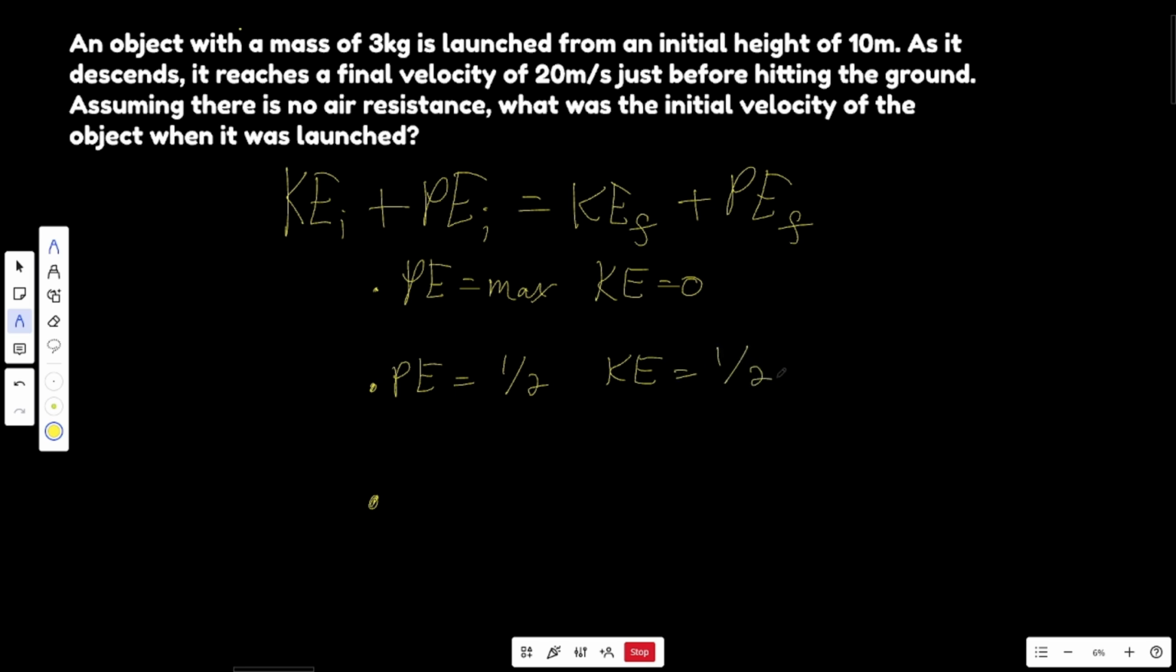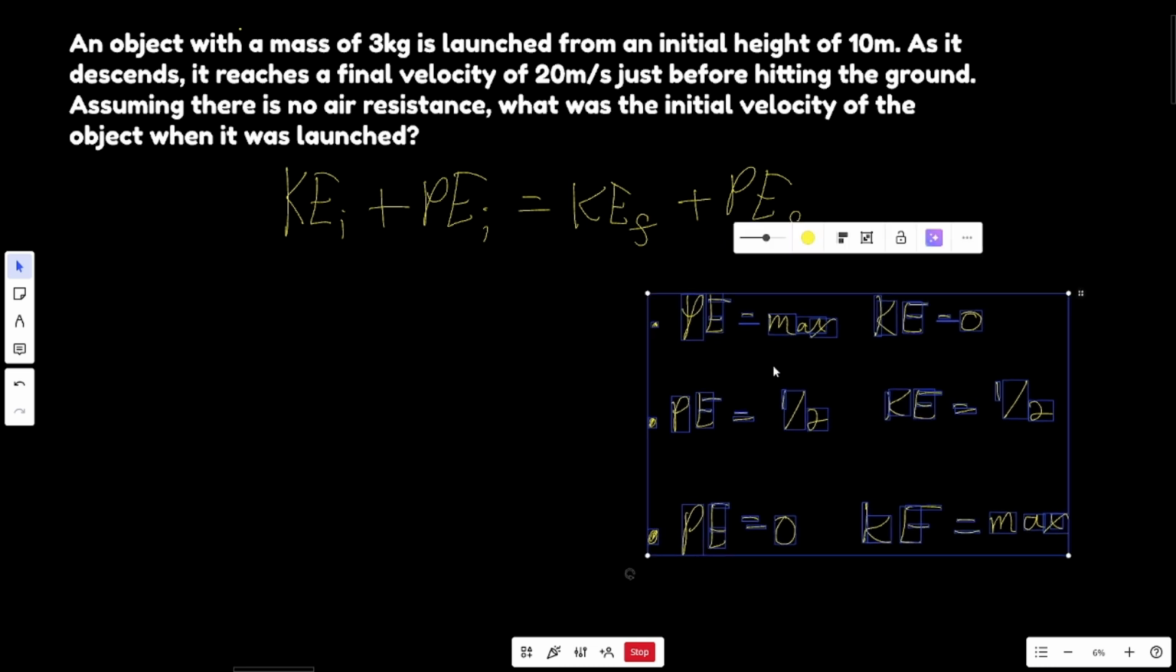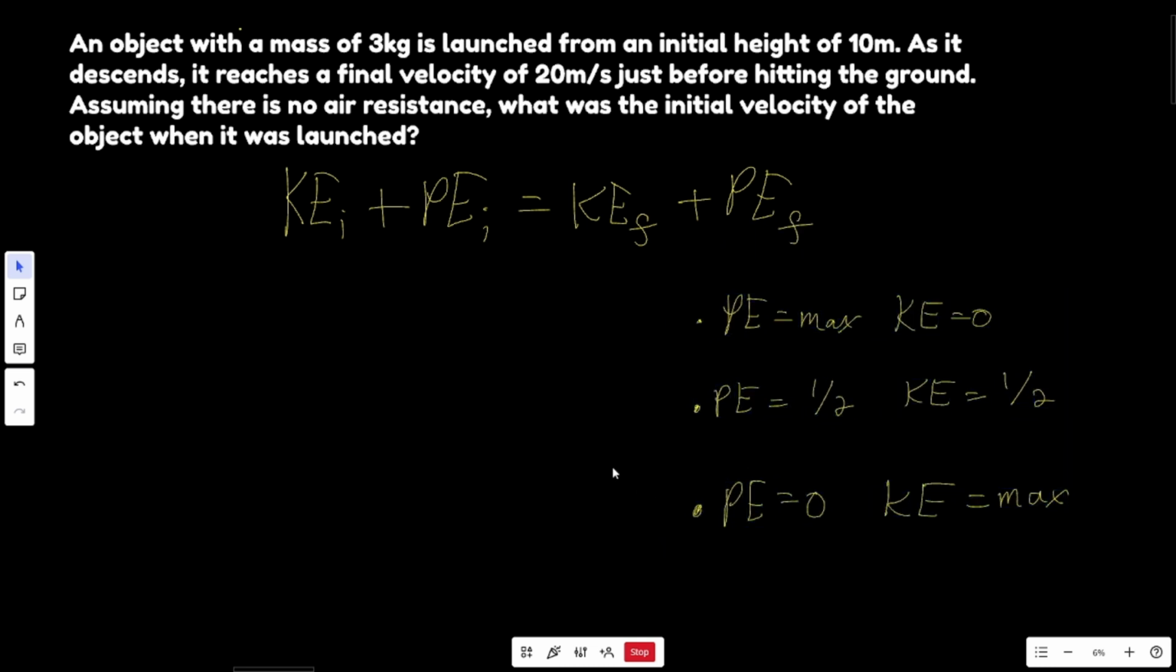It's split between the both of them. And at the bottom, PE becomes 0 and KE equals max. In a question like this, it says that right before it hits the ground, its velocity was 20 meters per second. So we know that we're dealing with a maximum here, which is when it's near the bottom or at the bottom. So knowing that, we can also say that PEF here